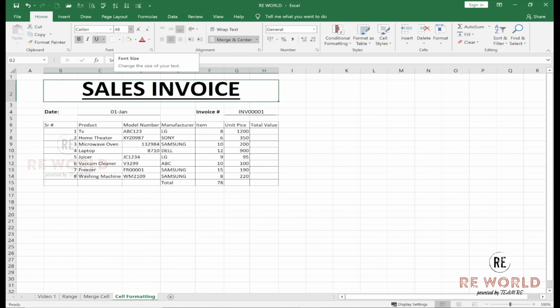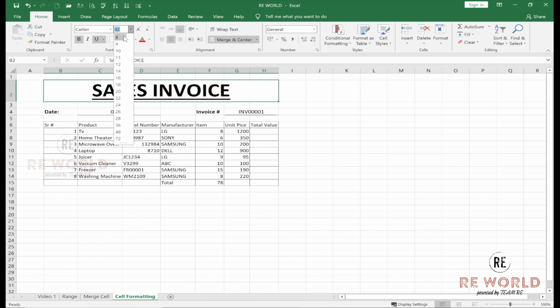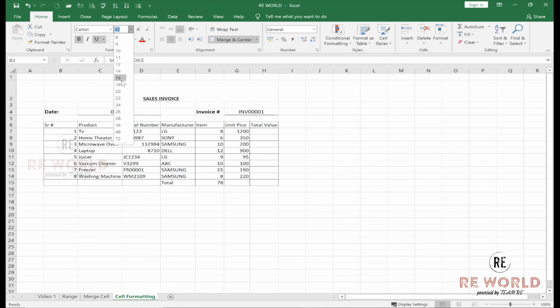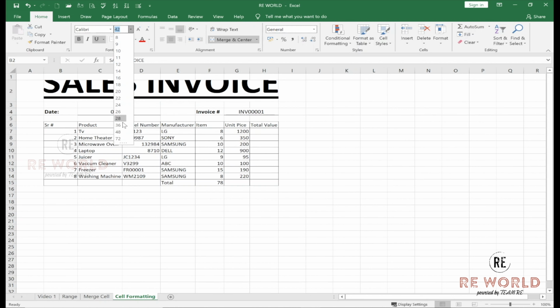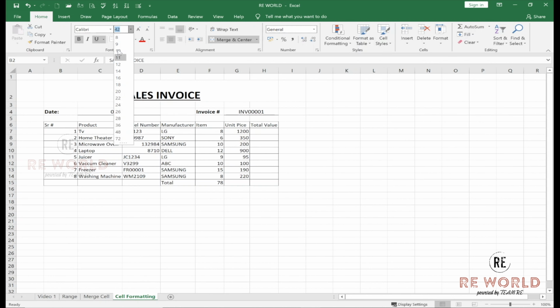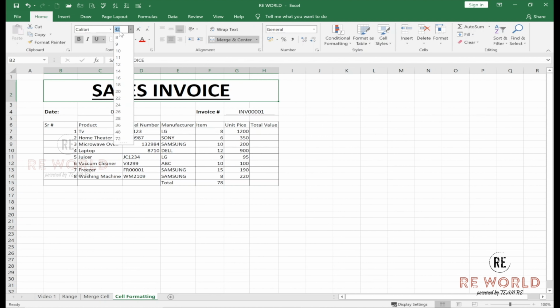Maybe it doesn't suit us, we want it 42, so we can select 42 manually. Same goes here. In the list it is like 10, 11, 12, 14, 16, 20, and then initially it is with a gap of 1, then 2, then it goes higher and higher. But always we can select anything, any size from here.